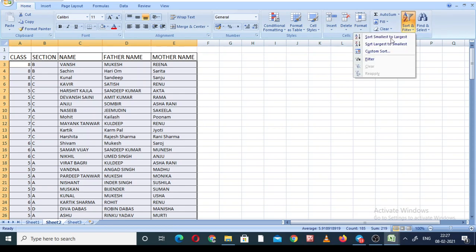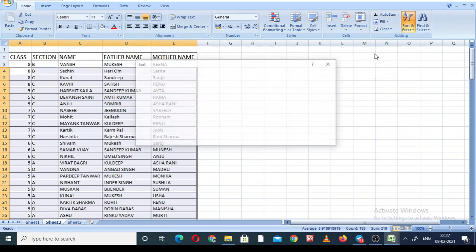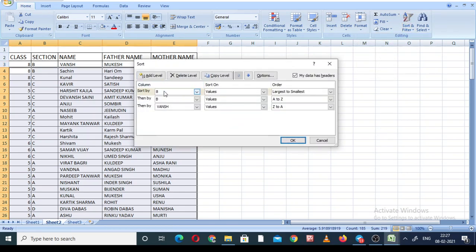So go there, click on the custom sort. Remember, three levels should be there, because we want to change on three levels. One level will be by default, and click two times more. So first sort by what? Class. First sort by the class.